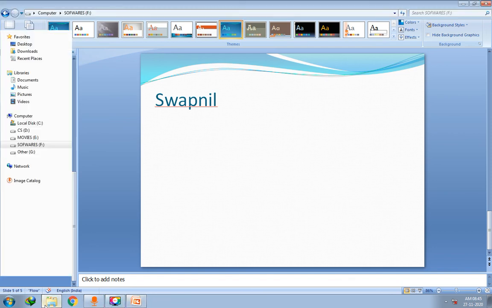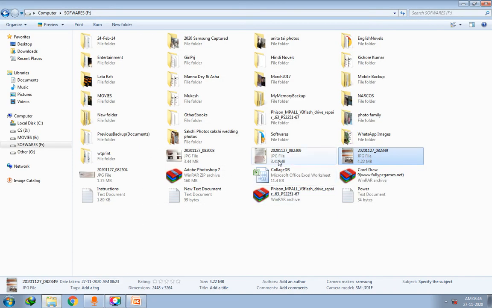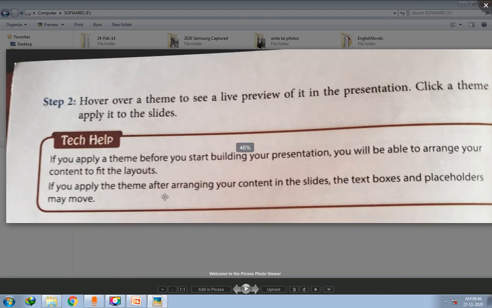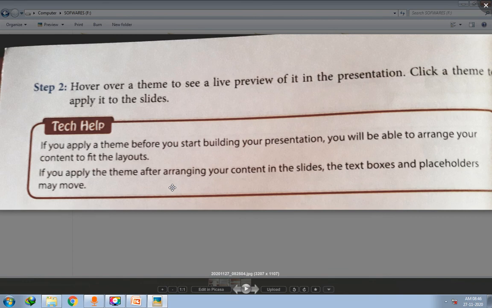Okay, we will read the technical help that they have given at the last. So technical help is, if you apply a theme before you start building your presentation, you will be able to arrange your content to fit the layouts. So it means that it is a good practice to apply the theme before you start your presentation rather than applying the theme later.